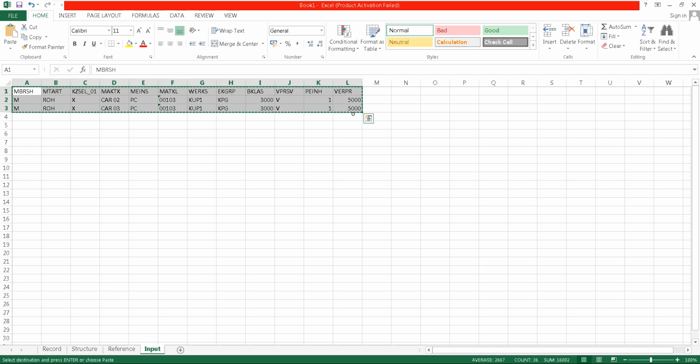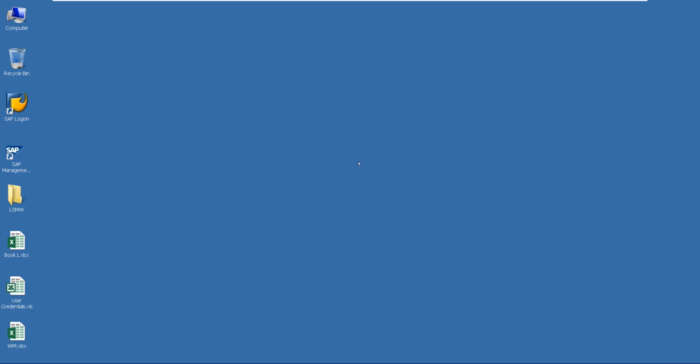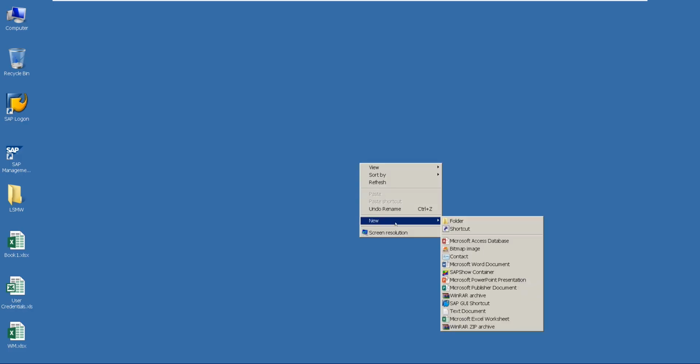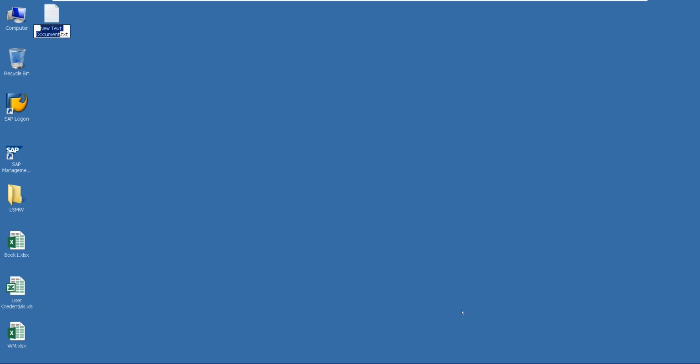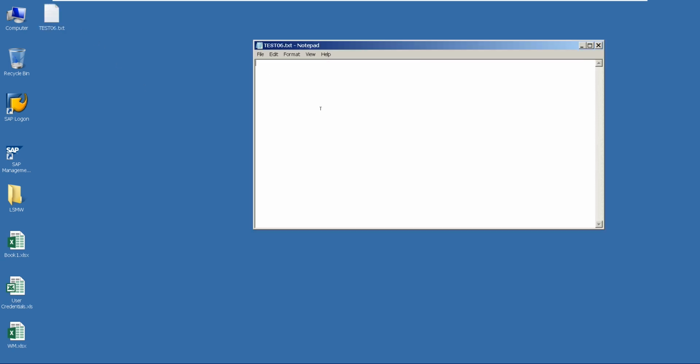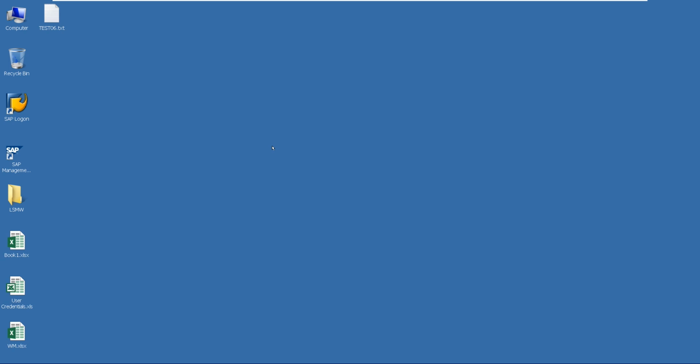So copy the data, open one text file, text document. Give a name like test 06, or some other name which is required. Now open that text, paste and save the data and close the text. Now two entries we copied and pasted in text format.